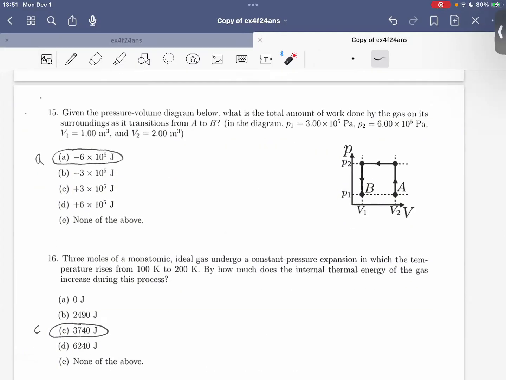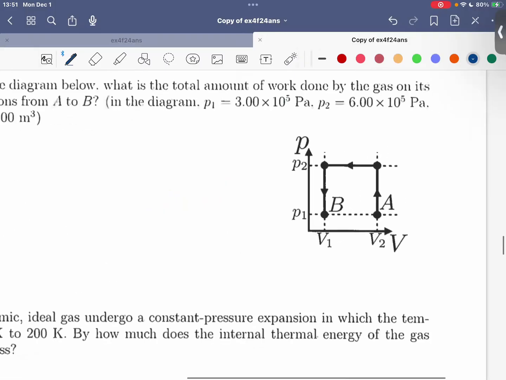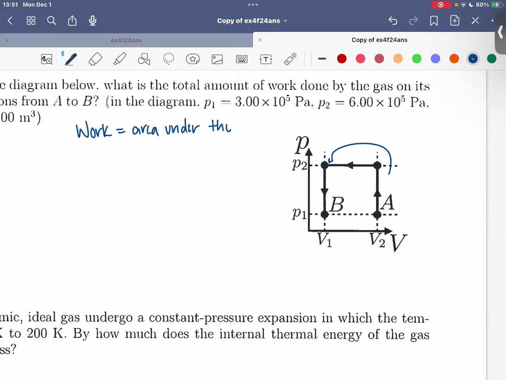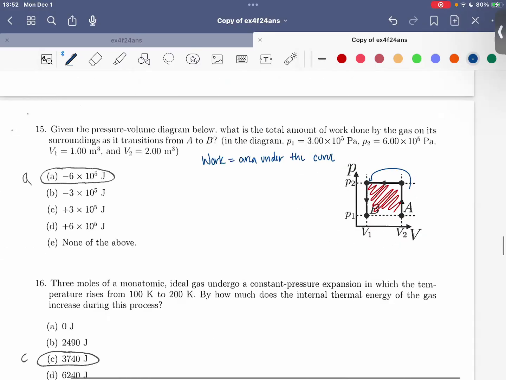15. We're told, given the pressure volume diagram below, what is the total amount of work done by the gas on its surroundings as it transitions from A to B? So it's going this way. And work is always equal to area under the curve. Work equals area under the curve. Okay, so work is this, right? So all we have to do is find the area of the box,